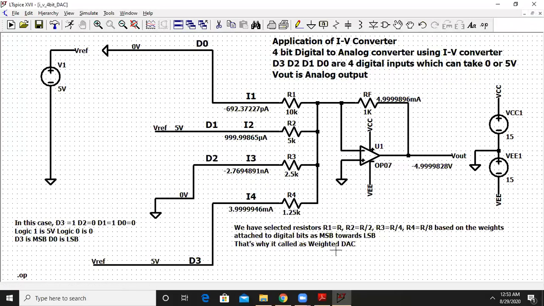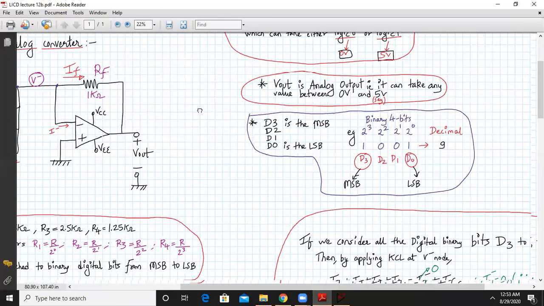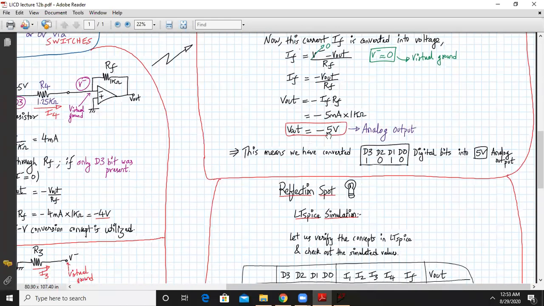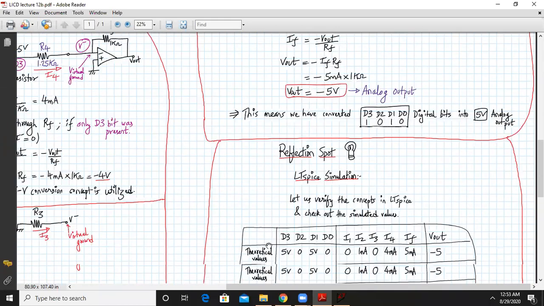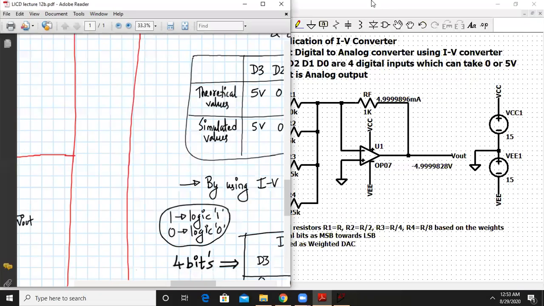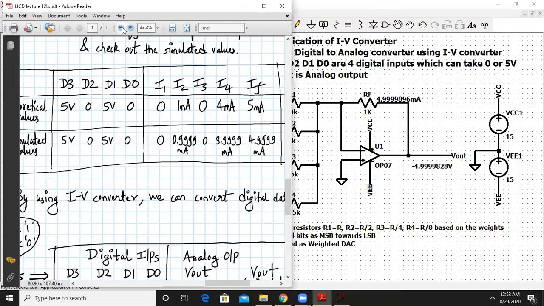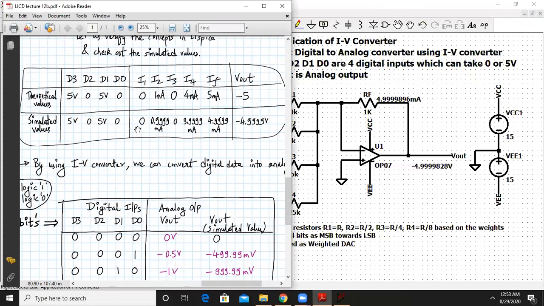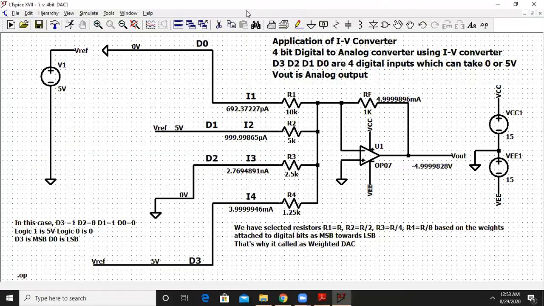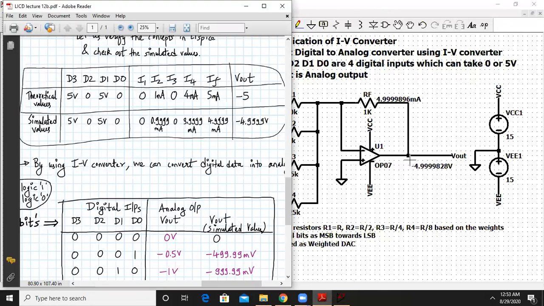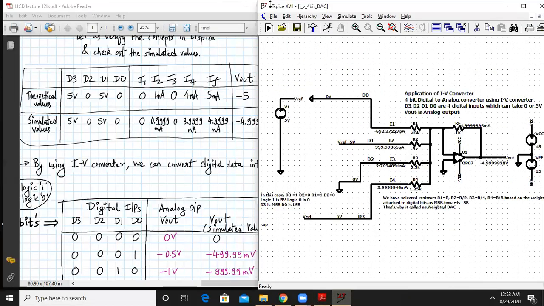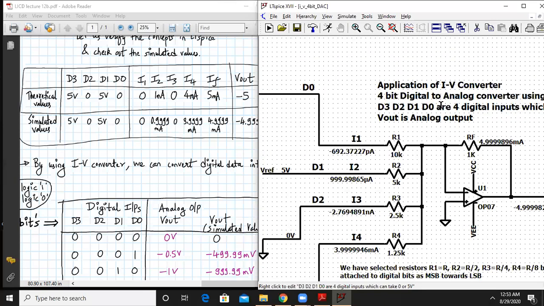Yeah. So what are we supposed to get? Let me check it. Here we were supposed to get V out as -5. Let me just bring out this table now. Okay, now let us see the results carefully. We should get around -5 and we are getting around 4.9999, as you can see clearly over here. Next, let me just minimize this and expand it from here.